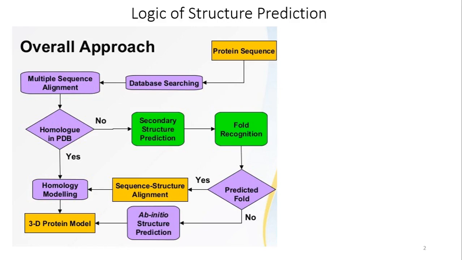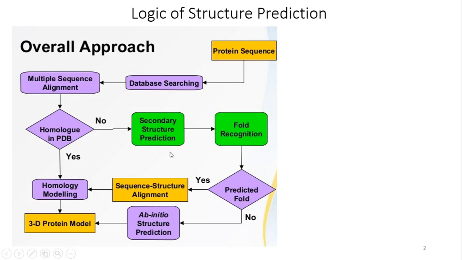As per the logic of structure prediction that we were following from the previous few lectures, if you are able to find the structure of a given protein using a technique like homology modeling, then that would be the best and most accurate approach to figure out the structure of the given query protein. But what if you are unable to find a suitable homologue for the given sequence,